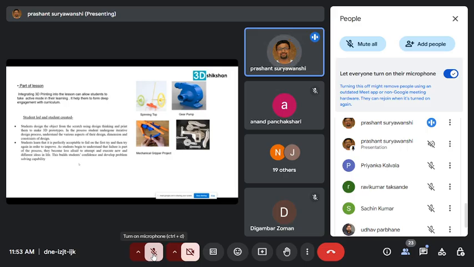Okay, let's say CATIA or SolidWorks. Then, do we have the knowledge for that? If maybe one or two people in the group do not, they still think, oh, this is important. Then you can show them how important SolidWorks is in industry, and tell them in the class itself how innovation happens in industry. This will help students understand that modeling software like SolidWorks and CATIA is important as a mechanical engineer, so definitely this is needed, right?